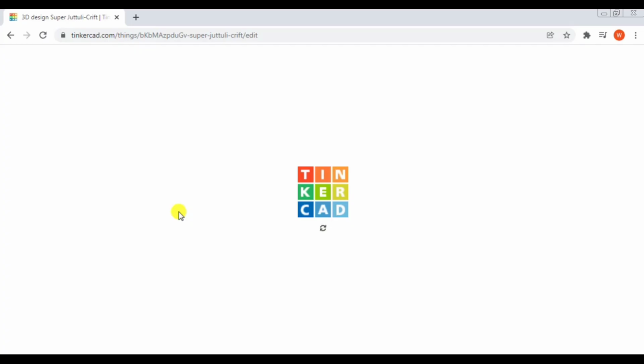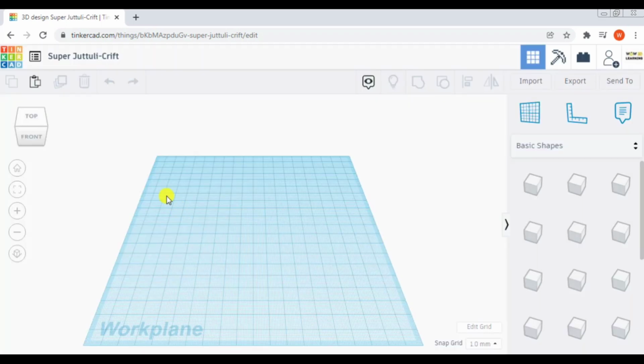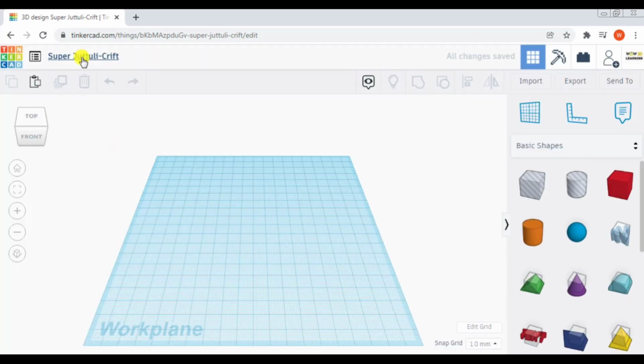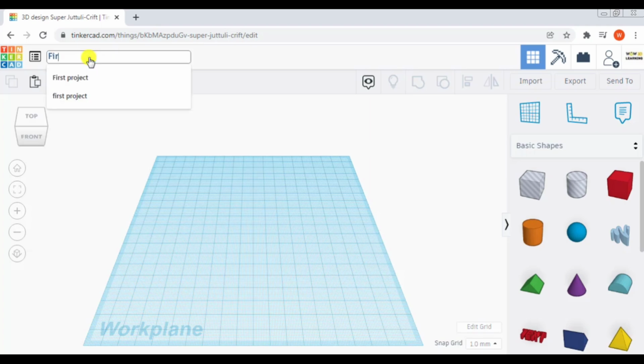After clicking on create new design, you will be in your Tinkercad design workspace. First things first, you have to edit the name of the file. Tinkercad automatically generates a random name for a file, so you have to click on this and give it a new name. Let me name it first project.